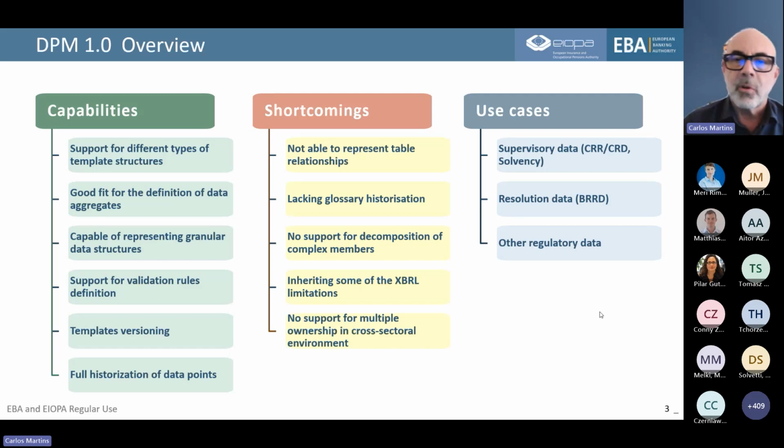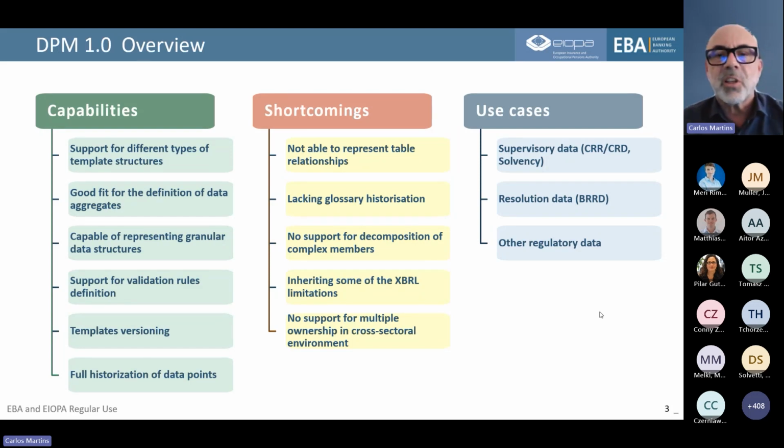And when we move from the business use case of reporting aggregated data to something different, more operational data or master data or whatever is more close to granular data with complex relationships, this is something that was missing, and of course there are use cases where this might be required. So this was identified, and this is one of those that are addressed now in DPM 2.2.